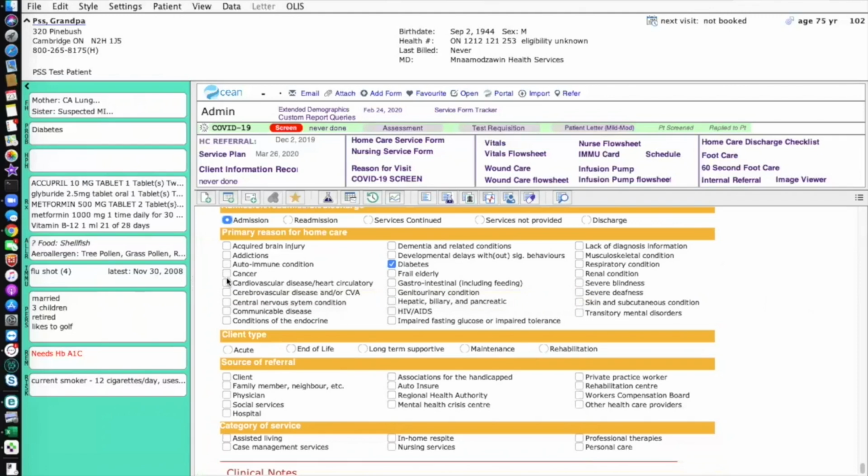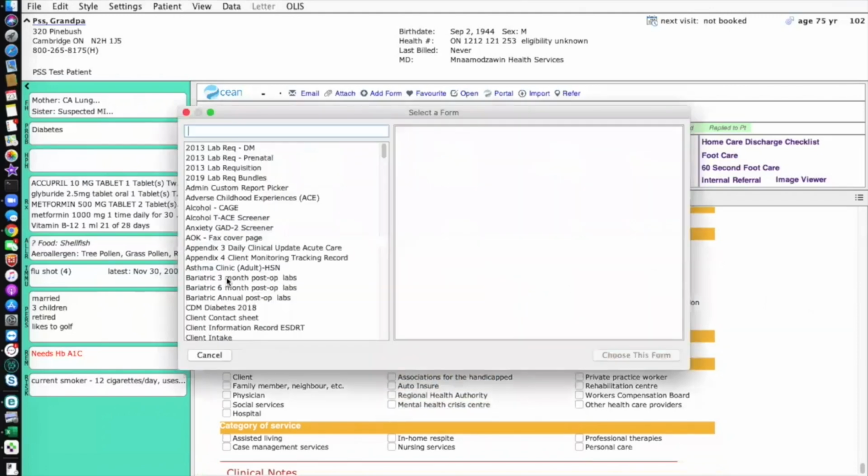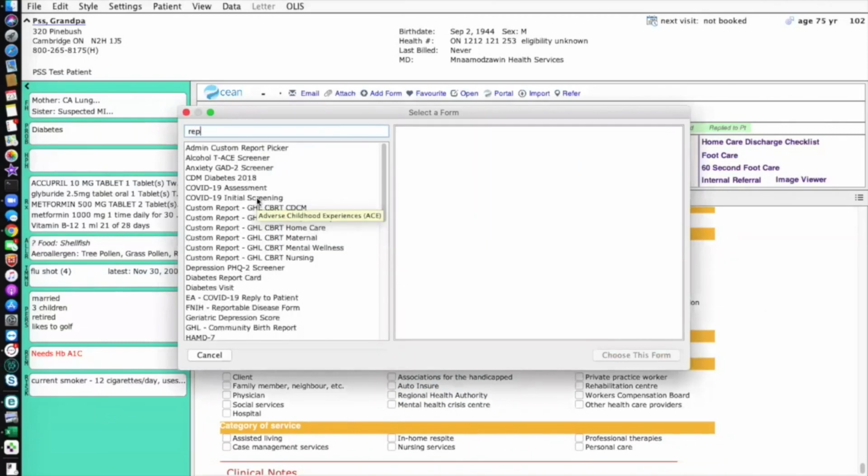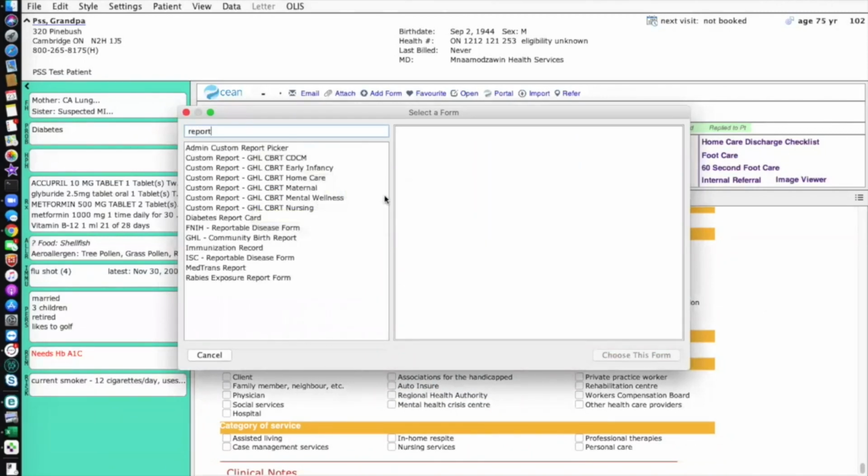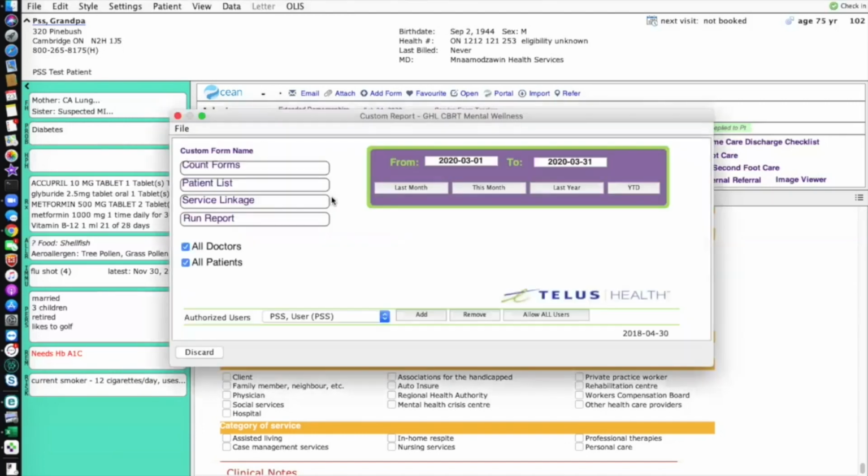Now, if I click F2 again and I type in report, notice we've got custom report available for all of these service forms, from communicable diseases, healthy babies, home care, mental wellness, and nursing. So for example, if I go on my mental wellness custom report,